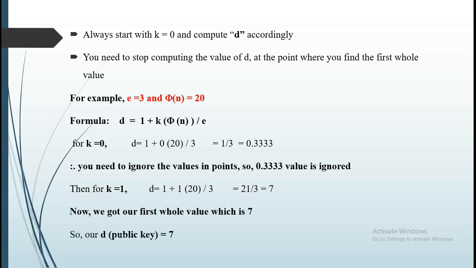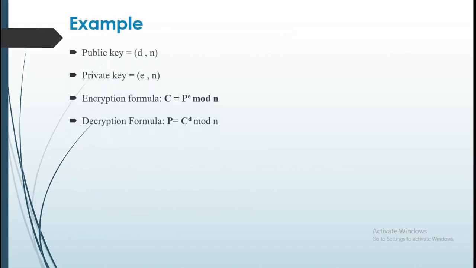So your public key is equal to 7 in this scenario. Now let's get the idea of the working of the RSA algorithm through an example. Your public key is denoted by D, N. Your private key is denoted by E, N, and the encryption formula in the RSA algorithm is C equal to